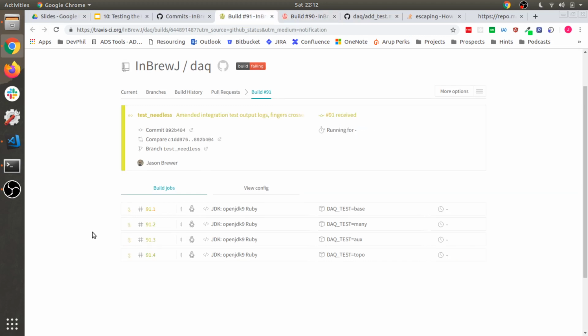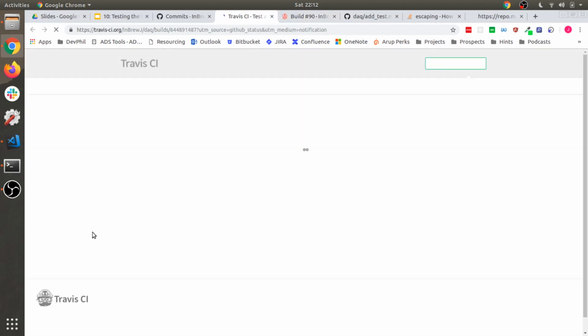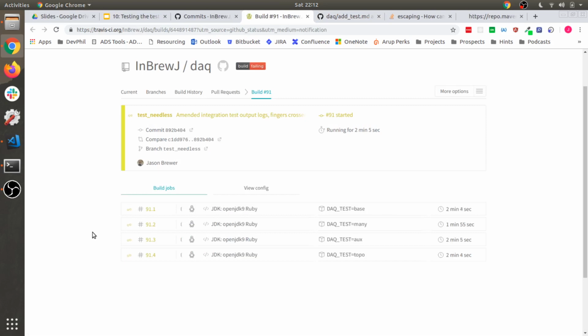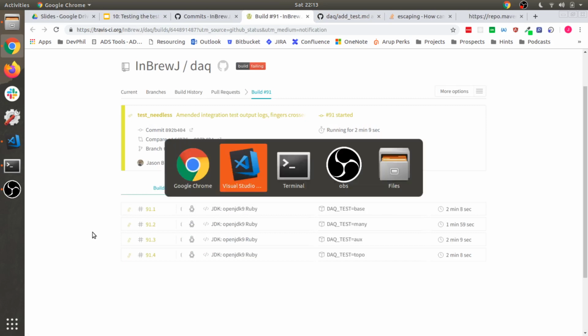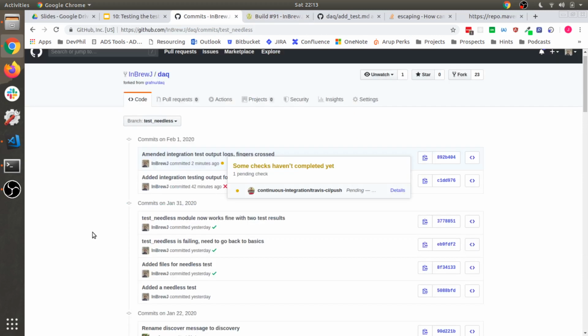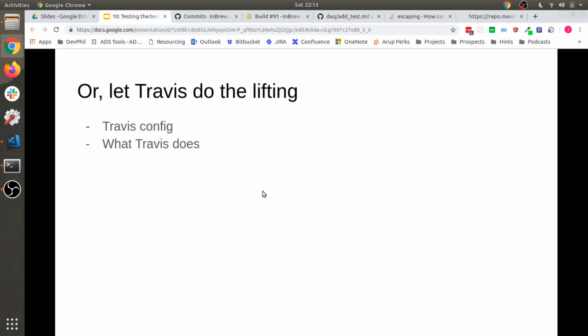Okay, in the meantime, let's just check that Travis is fully running those tests, and it is. If I waited another 25 minutes or so and found out why Travis was complaining that time, which I likely would, then I would change things and carry on. So that, in my view, is letting Travis do the heavy lifting in the context of integration testing. Okay,